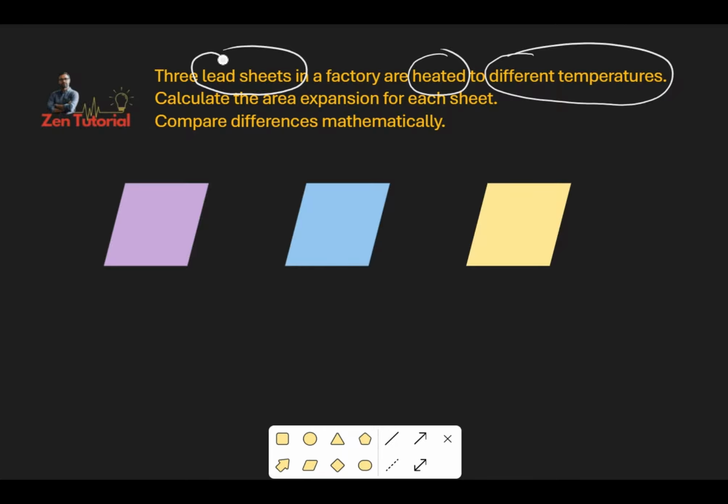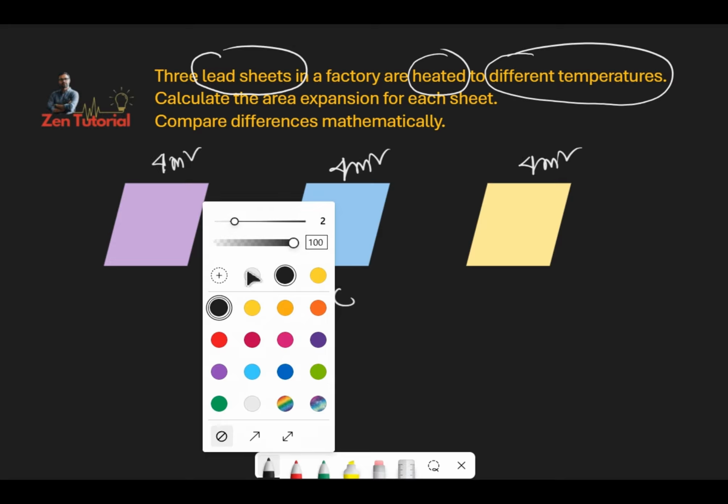So all of these 3 are made of lead. An initial area, let's say this is 4 meters square, this is 4 meters square, this is 4 meters square as well. An initial temperature, let's say the initial temperature is 25 degrees Celsius,